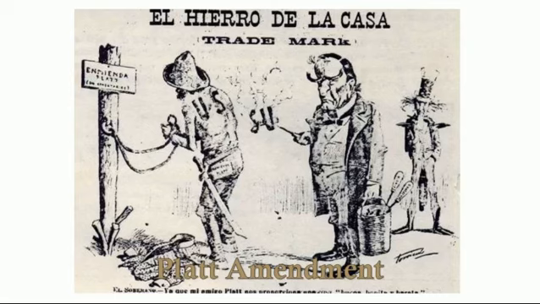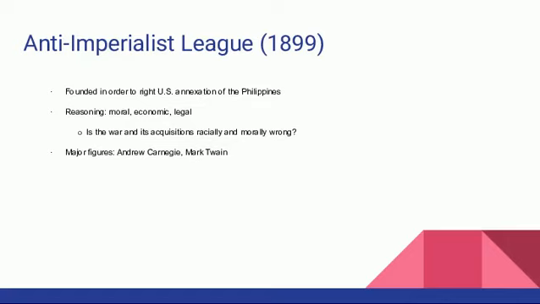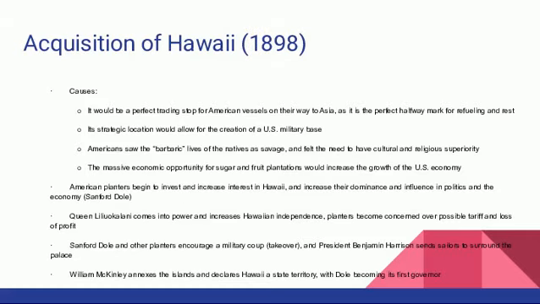It becomes communist. All right, now from there, other terms that you need to know, Anti-Imperialist League, again, just know that anything that's really against it is the Anti-Imperialist League. That's pretty obvious. Hawaii, I want to just point out Hawaii because I think there's something really interesting about it.